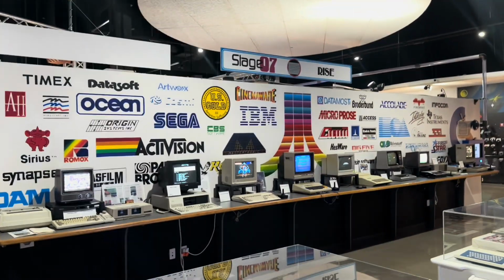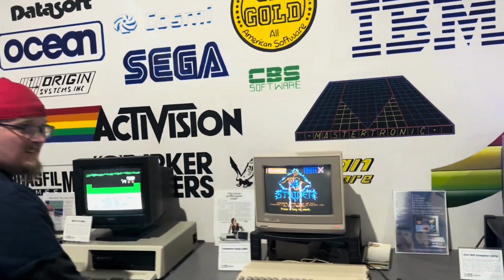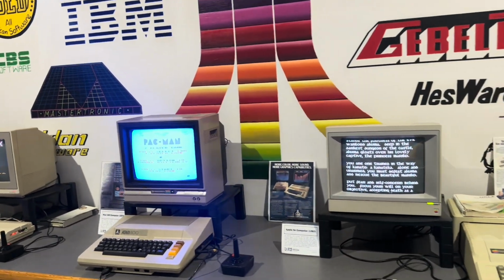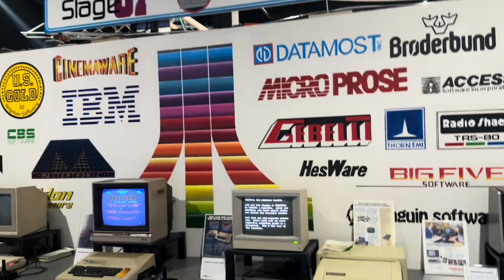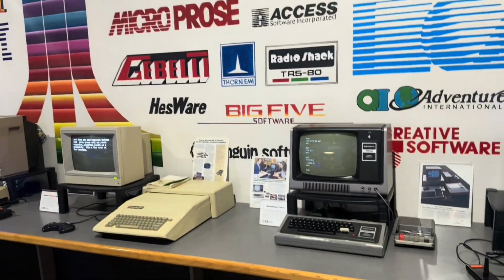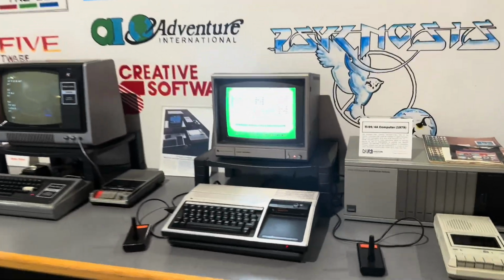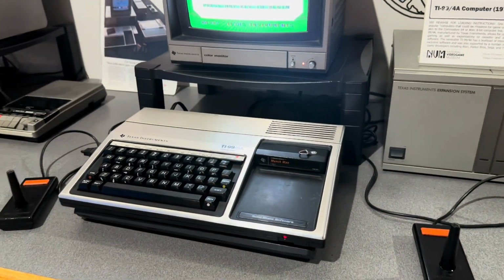Now, this leads us to stage 7, computers. As you guys can see, they have got a lot of home computers here set up to play, which is awesome. It's one of the great things about this museum. It's extremely interactive. Yes, they have small, high dollar things under glass, and they've got the really rarest of the rare under glass, but you can definitely play a lot of games at the National Video Game Museum, including Munchman. That was a really fun Pac-Man clone for the TI-99